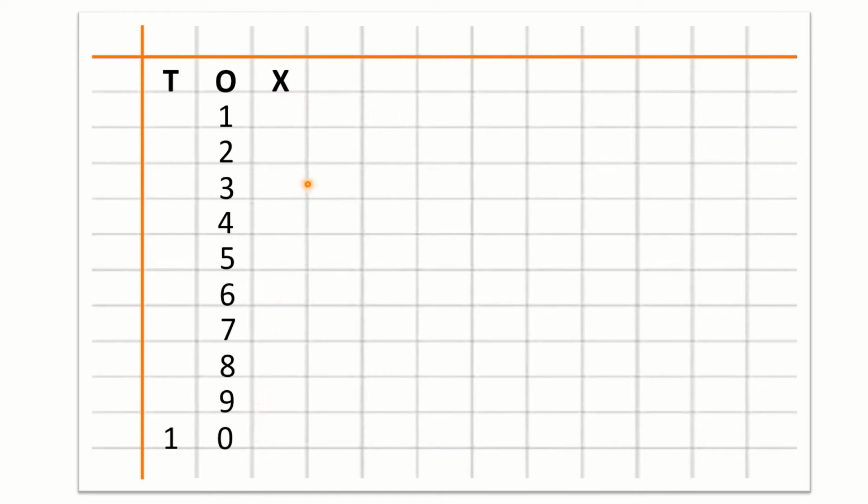After the cross we will write again T, tens, then O, ones. Now 11 has 2 digits. So we will write 11, 1 under T and another 1 under O. So this is number 11.